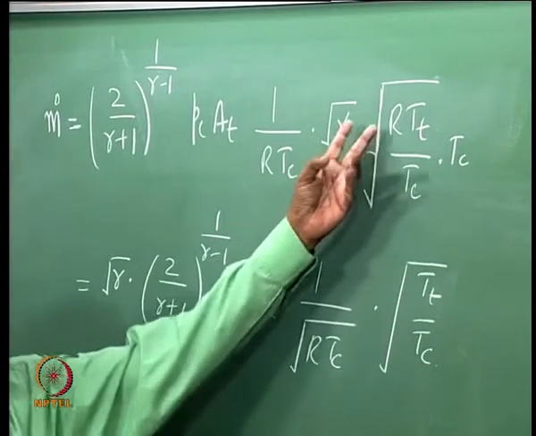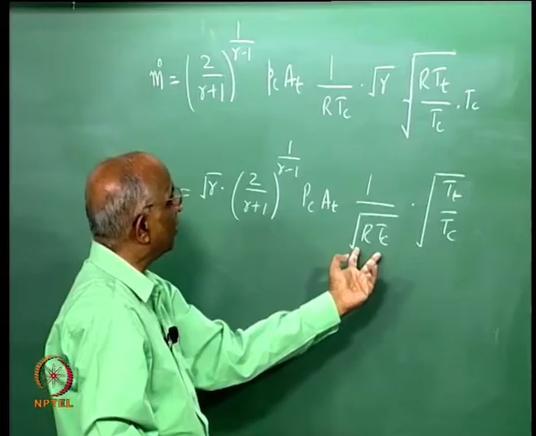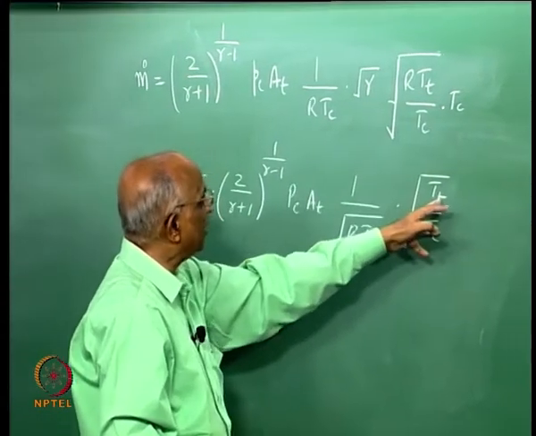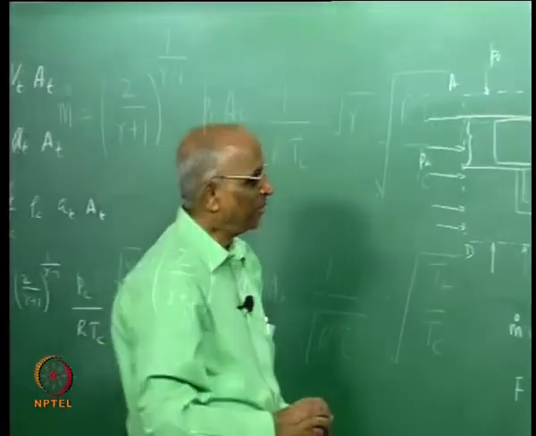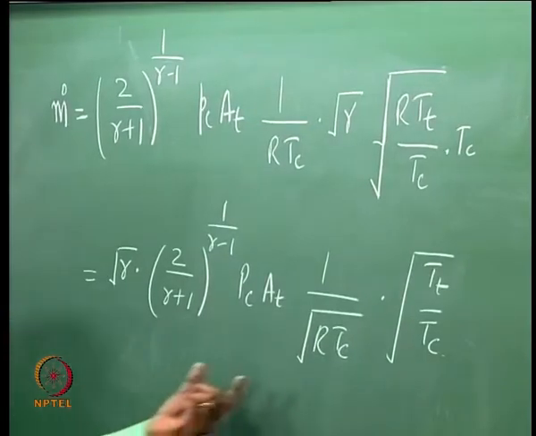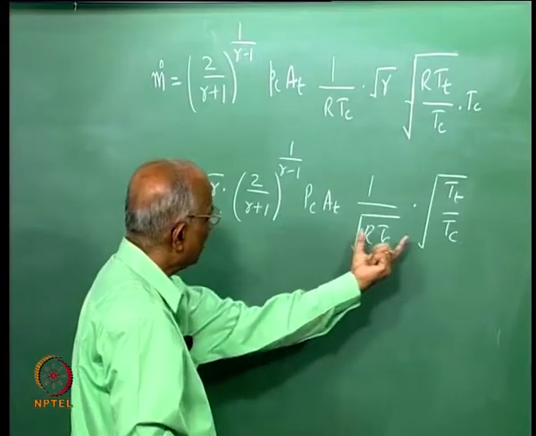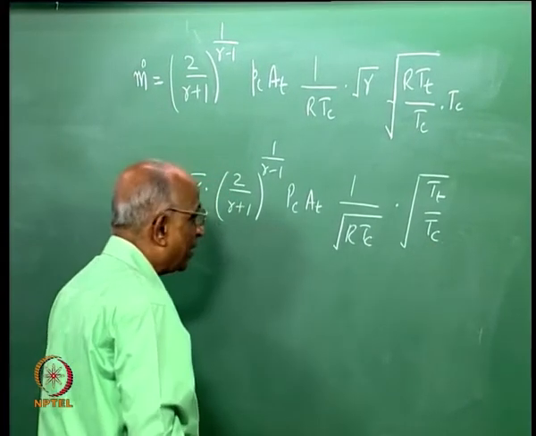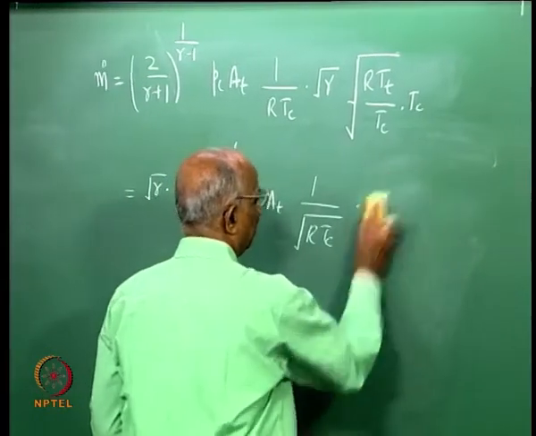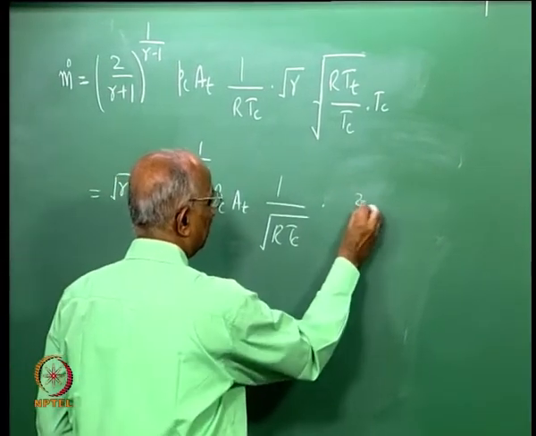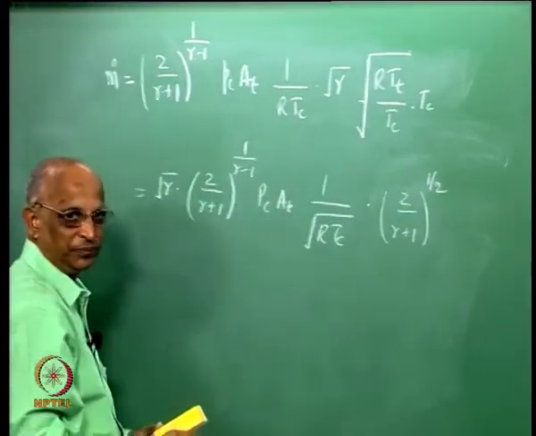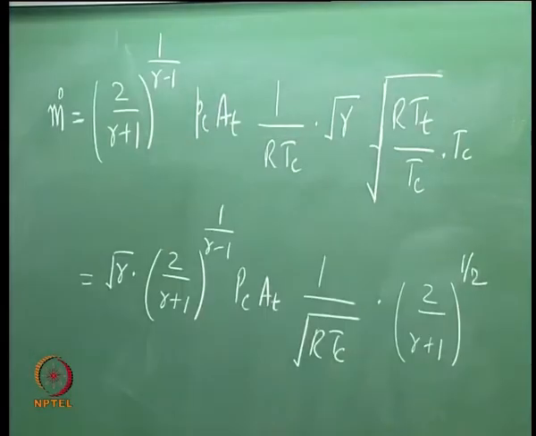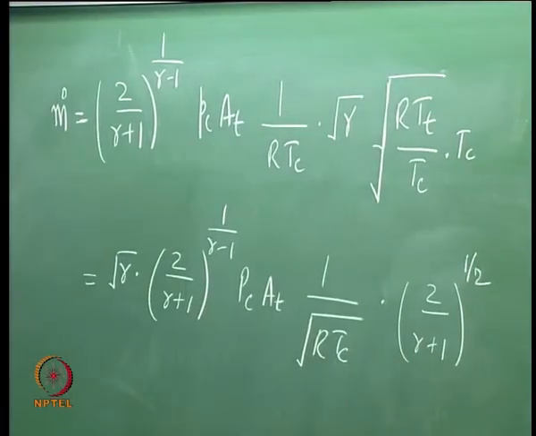I take RTC under root outside and this gives me under root RTC. I am left with Tt by Tc here and the remaining things are the same. Is it all right? If I were to simplify this term, I keep this term as it is. Now instead of Tt by Tc, I can write it as 2 over gamma plus 1 to the power half. Tt by Tc is 2 over gamma plus 1 and it was under root, and now I want to combine